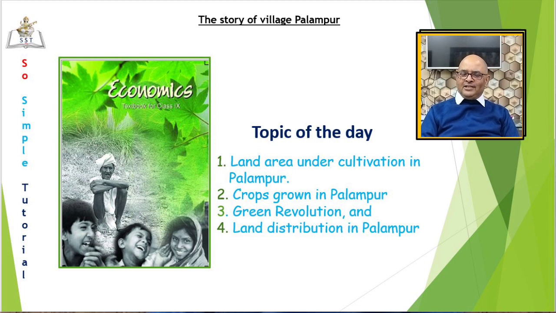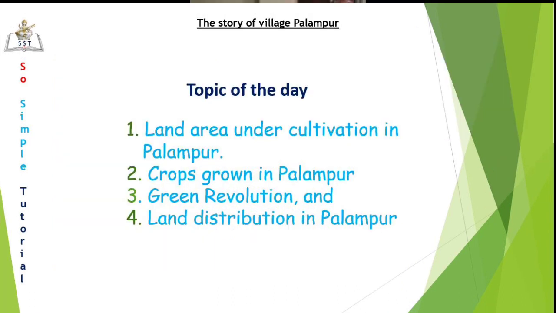In the previous class, we had discussed some basic concepts related to production. We had discussed the meaning of goods and services, production, aims of production, and factors of production. Then we had made a visit to the village of Palampur. Today, we are going to read land area under cultivation in Palampur, crops grown in Palampur, green revolution, and land